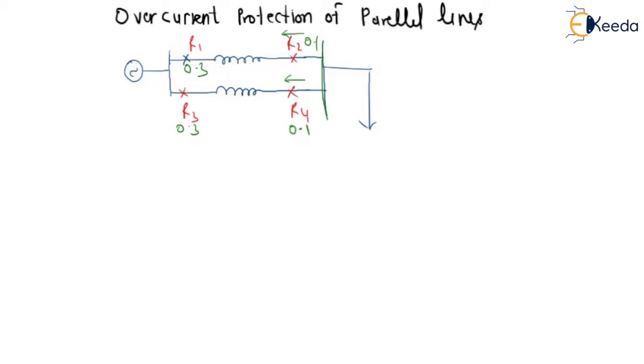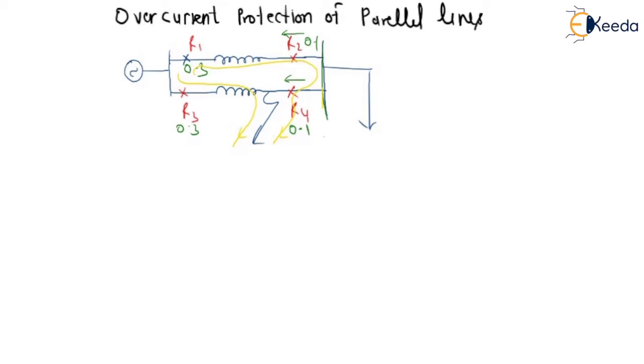And now let us assume a fault occurs at this point. Now if the fault occurs at this point, then the current will flow like I'm specifying with the blue lines. One current will flow like this and the other current will flow like this. So if the fault occurs near the load, then there will be no current going into the loads, all the currents will be going into the short circuit.